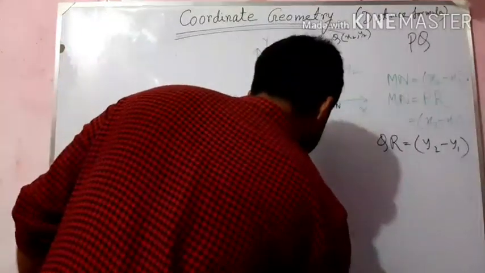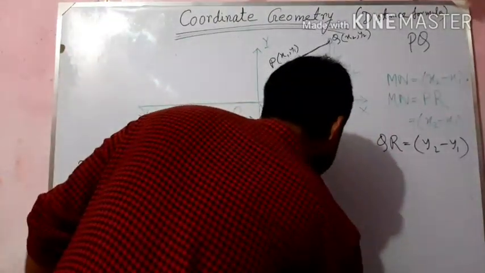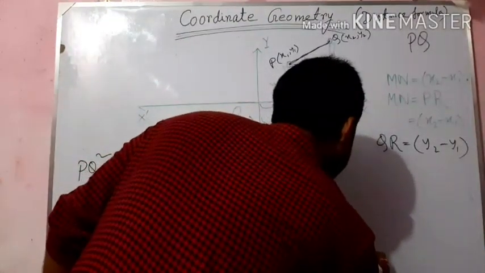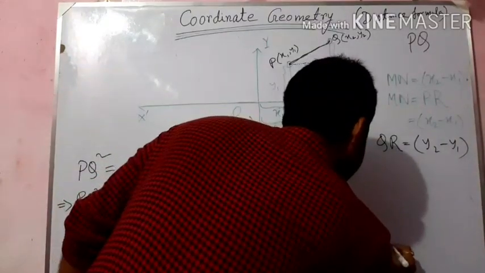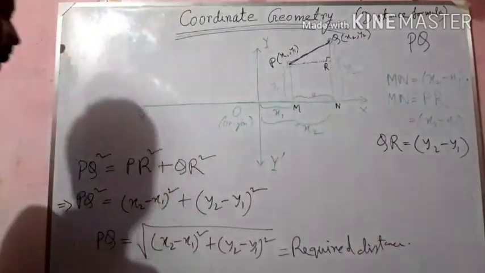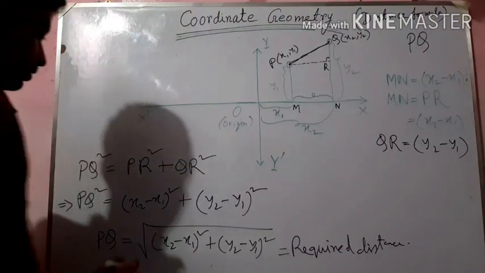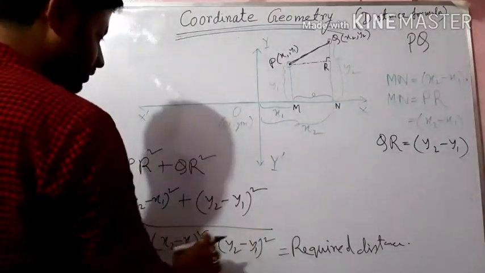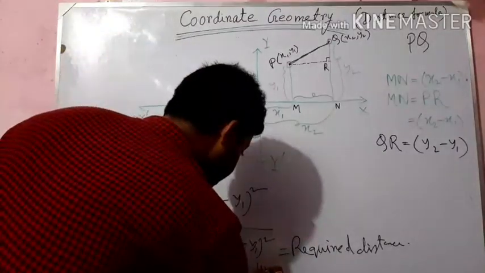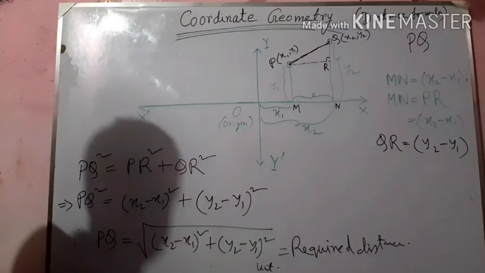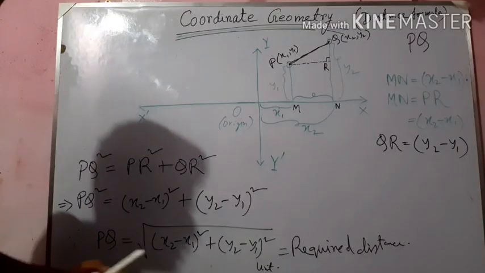Okay, this is the required distance. Whenever you will be solving any problem using this formula, then after calculating this thing, you have to put the unit here, the unit of the length. Okay,